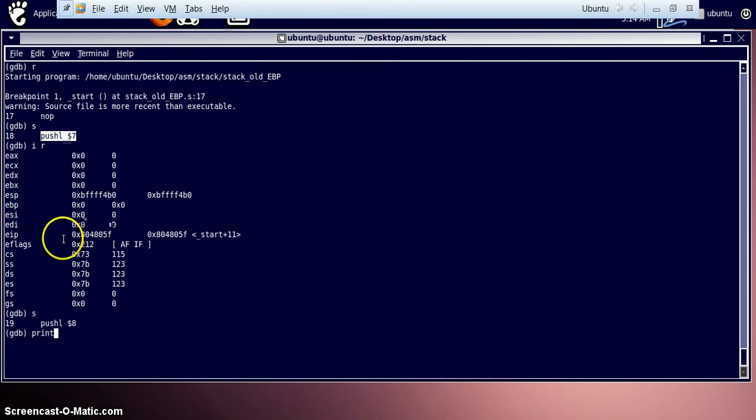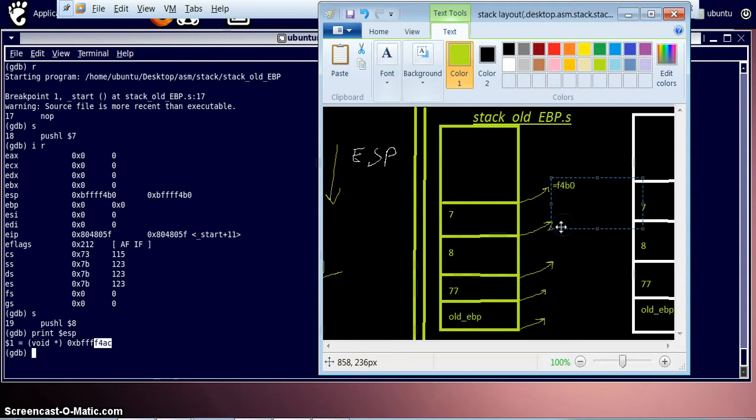Now let's execute the next line, which is saving the value 7 onto memory. So printing our stack pointer, it's gone down to f4ac. Just pay attention, it is getting reduced by 4 bytes every time. From b0 it is af, then ae, then ad, and then the fourth byte comes at ac. So our stack is actually growing, you can call it going up in the stack with reducing memory addresses.